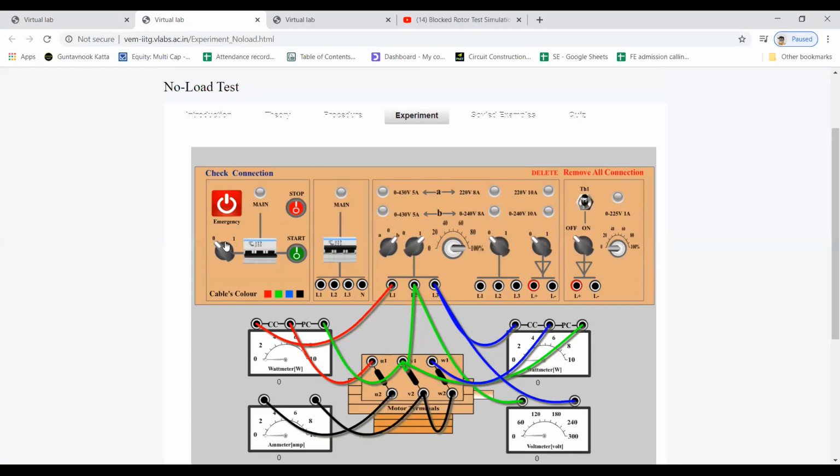Then you have to turn this switch on, then turn this MCB on, then press this start button, then again switch on this second MCB. So first this switch, then this MCB, then this start button, this MCB. Then you have to keep this knob at B position and this knob at 1 position.